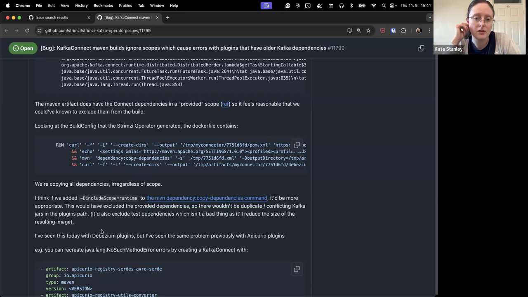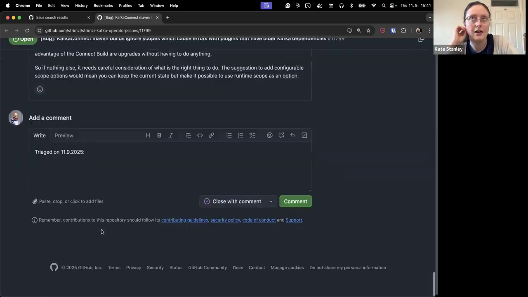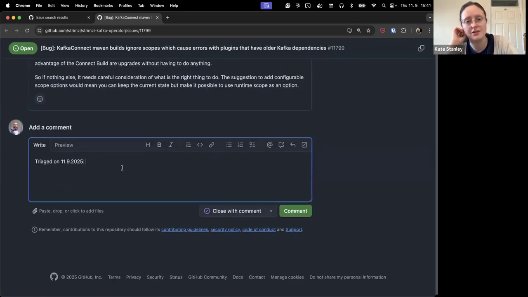I think it would be useful for us to allow people to configure the scope, because the current setup feels to me like we're making it harder for people who are using connectors that are using Maven properly and easier for those who aren't in some ways. Writing things down as provided scope is the correct thing to do if you're expecting them to be provided. So everyone is for configuring the scope.